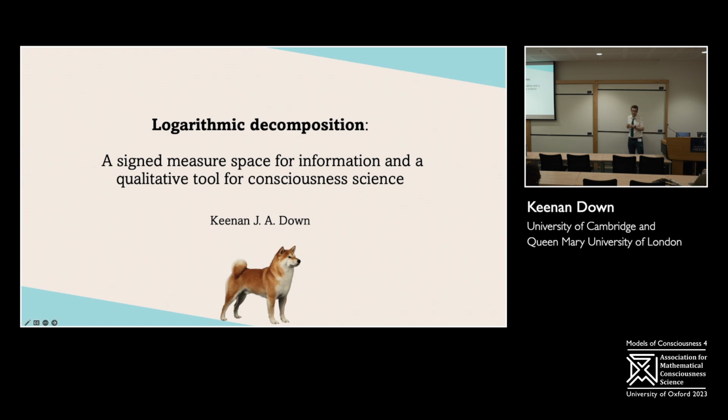And then I thought maybe it has some interesting consequences for what we might want to say about how information gets attached to different things and is about different things. So the framework is called logarithmic decomposition. It's a way of making a thing called a signed measure space. So we'll see that this is the notion of having a space of qualities, so properties about things, and you can take pieces of that space and measure them and get an amount of information that's attached to it. So you get a number and a quality. That's why this seems to be a good approach.